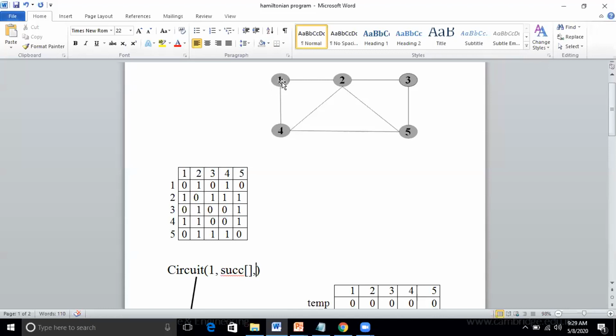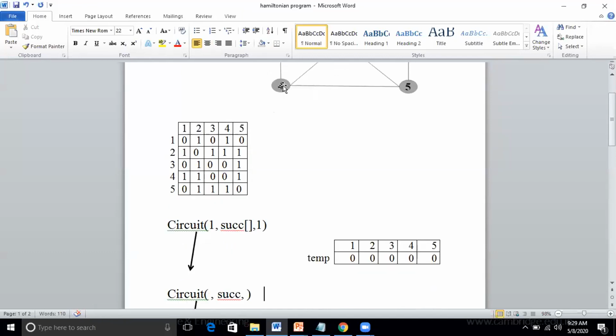Now, if you are in a source city, did you visit that city? Yes, sir. Shall I give one here? Count. Yes. Now here, you check which are the other cities from the source one you can visit. That city is not visited. I'll repeat once again. Which are the cities you can visit